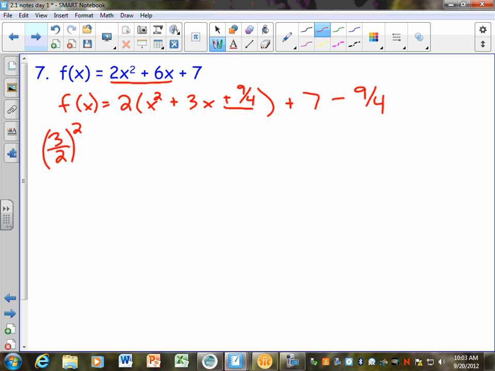But does anybody remember what else we have to do to keep it all balanced? Yeah, this is really not just 9/4 because it's really 9/4 times 2. So you have to also multiply whatever you subtract out there by that number in front. We didn't have to do that on the first example because there was a 1 out there, not a 2